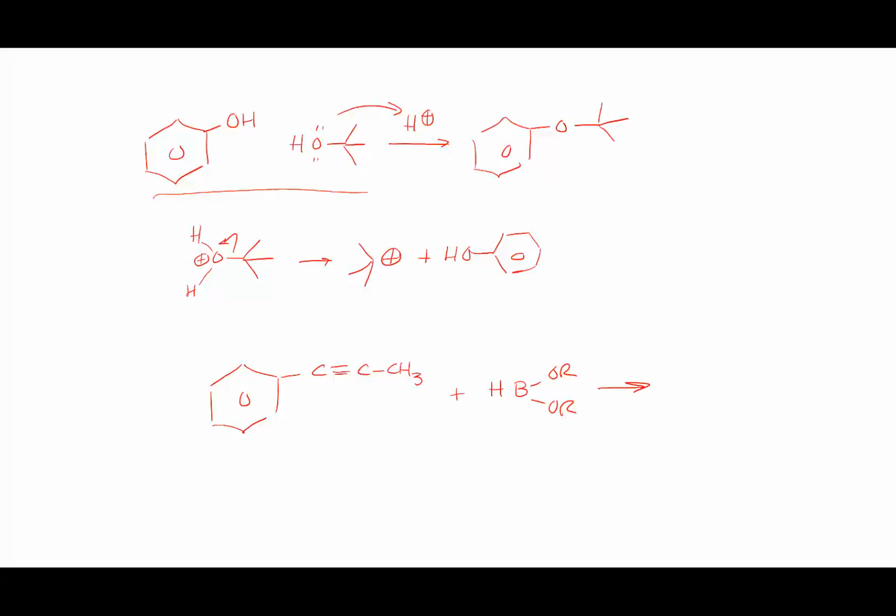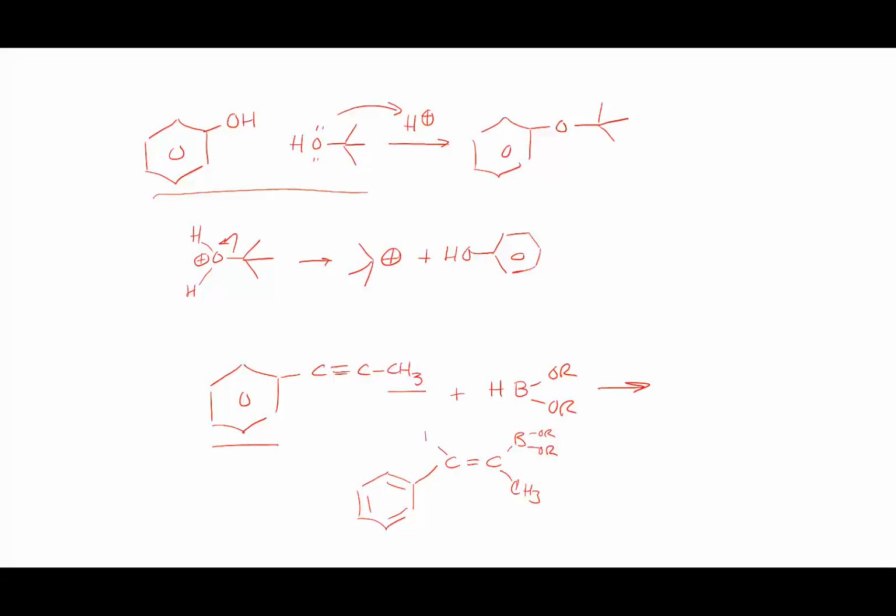let's broaden the Markovnikov rule out a little bit for this. We said that the boron always added to the carbon that was least sterically hindered. It's the way that this would work. So what I would do is I would say sterically hindered, not so sterically hindered, and so I would say that the major product of this reaction would be to have the boron, the borate ester, added on the end carbon,